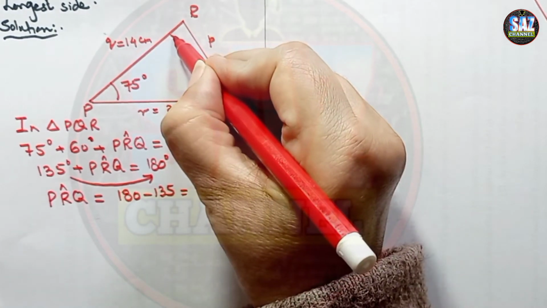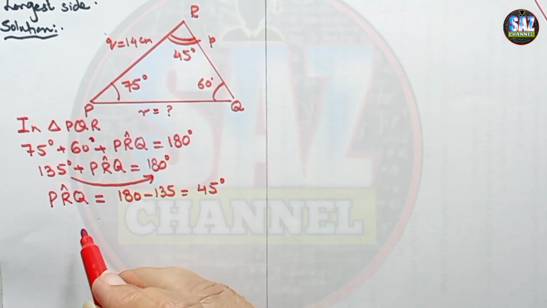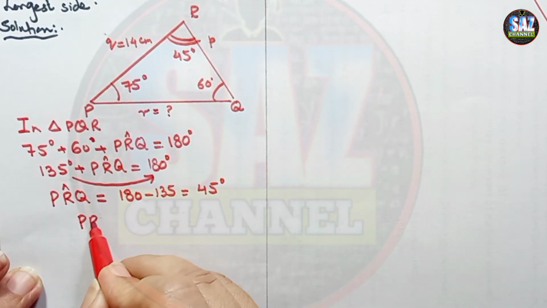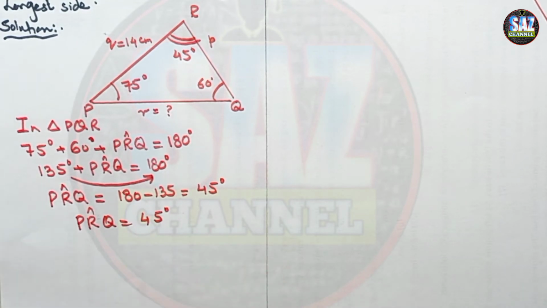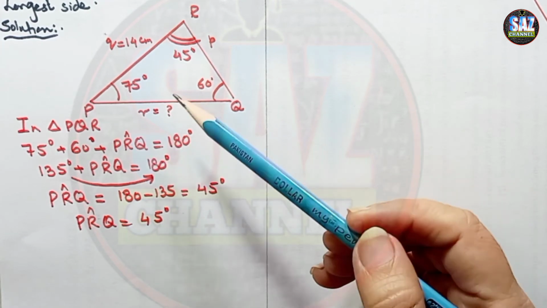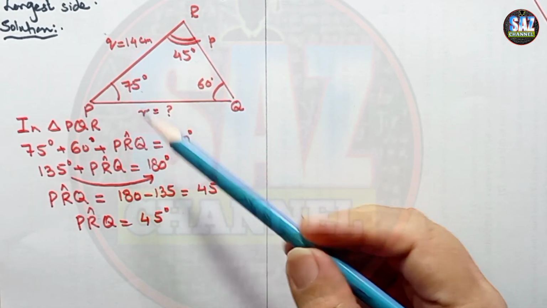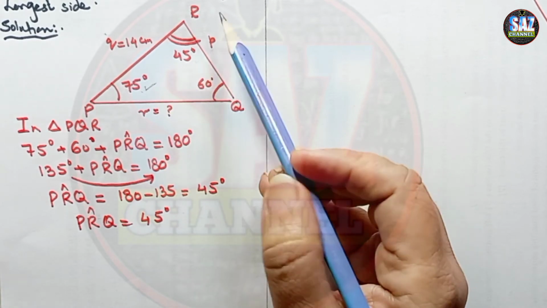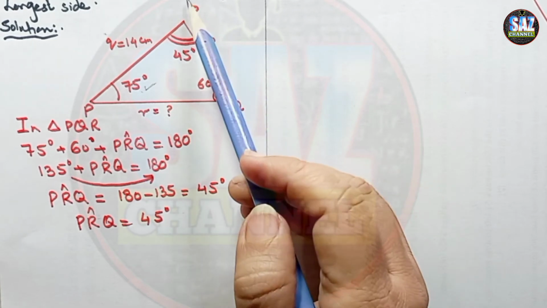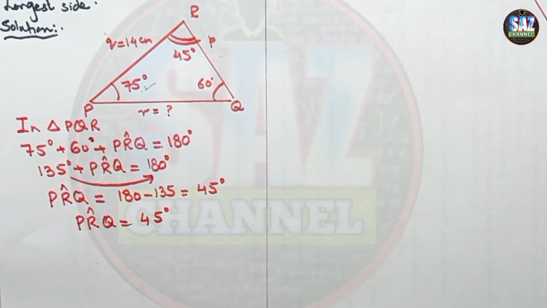45 degrees. Okay, and let me mark my angle here. This is 45 degrees, and angle PRQ is 45 degrees. Now we have all three angles of this triangle. We can see that one of the angles is 45 degrees, one is 60 and one is 75. Now it's obvious, it's really clear that 75 is the largest angle. So we have to find the side RQ because the demand of the question is the length of the longest side. So learn to answer the question according to the need of the question. We are not going to find all three lengths.